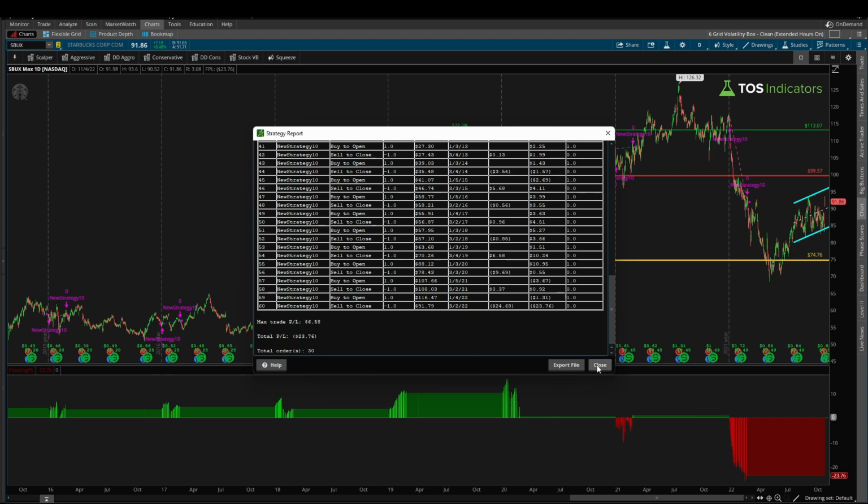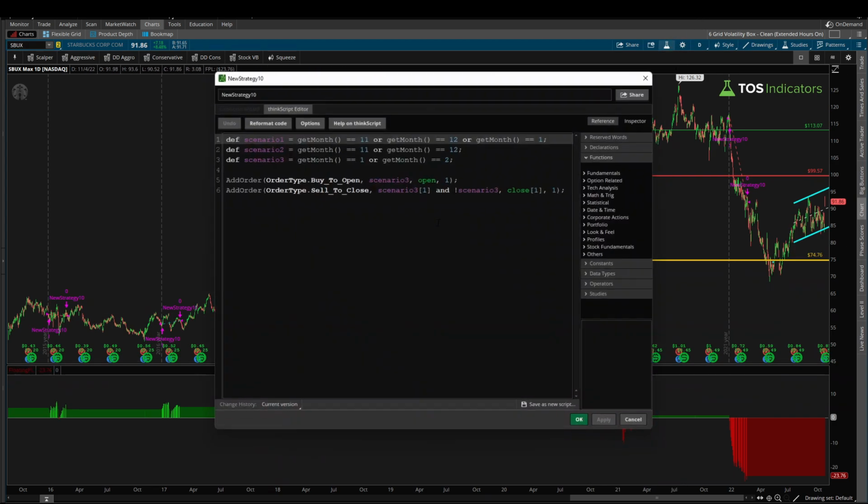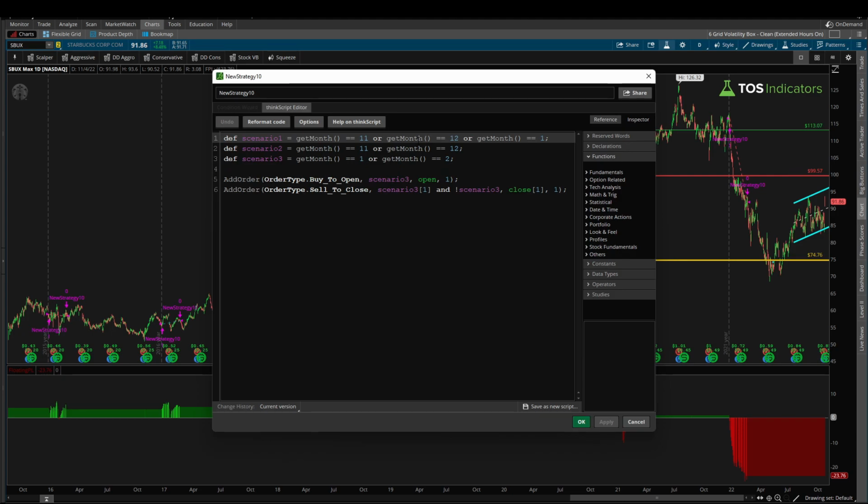So across the board here, we have 3 different scenarios that we've hard coded inside of this backtester code. The first one is buy at the beginning of November, hold through the end of January. The second is buy at the beginning of November, hold through the end of December. And then the third is buy at the beginning of January of the following year and hold through the end of February. So 3 different ways that we can test what tends to happen with this holiday season for Starbucks'